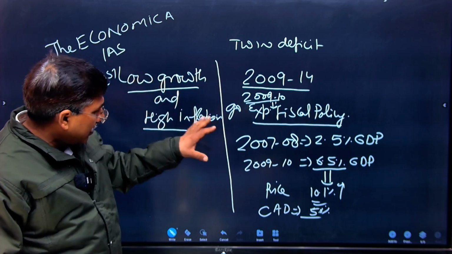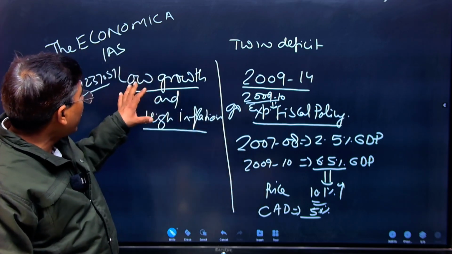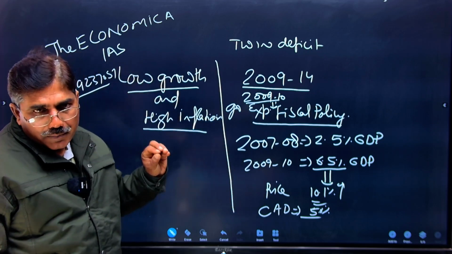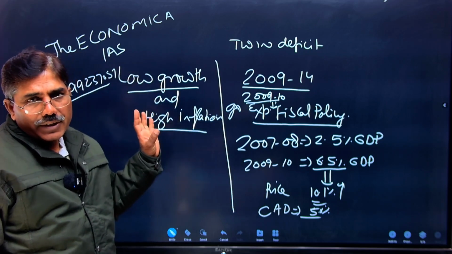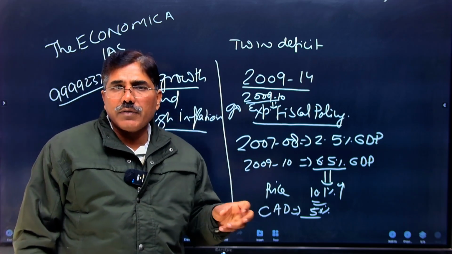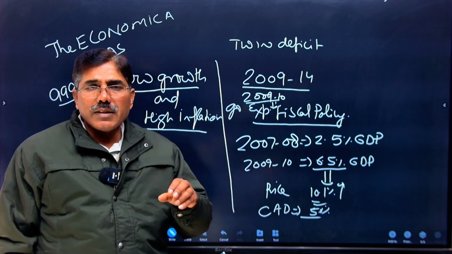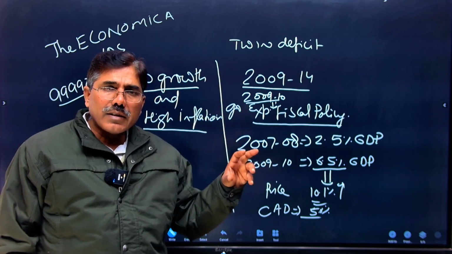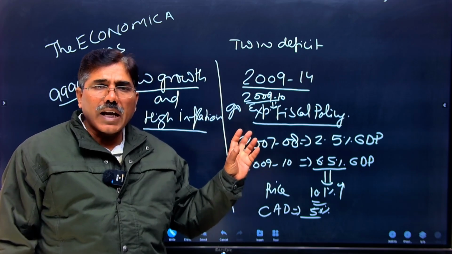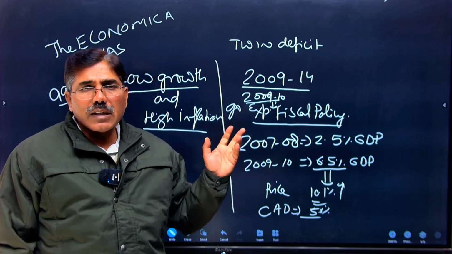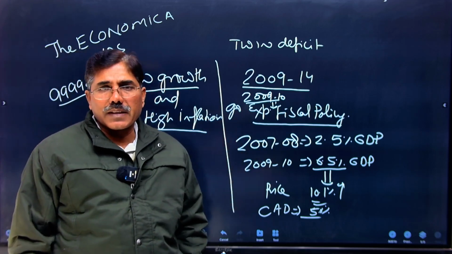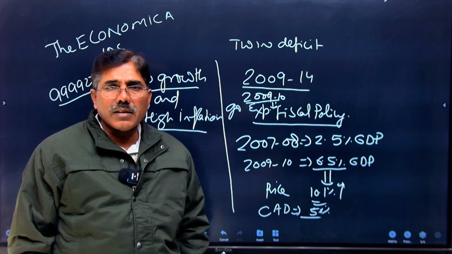How this twin deficit problem finally leads an economy to low growth and high inflation, for that purpose you can go through our YouTube channel. There is a video which I prepared earlier, which will explain how the economy comes under the twin deficit and finally the low growth, high inflationary problem. For further explanation, you can also go through the crowding out effect, which I will explain in a coming lecture.